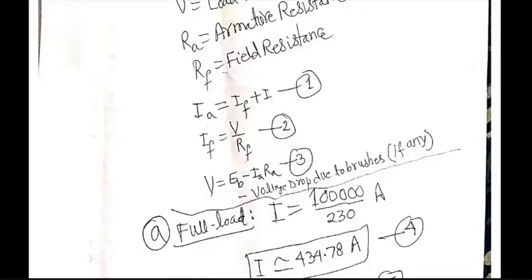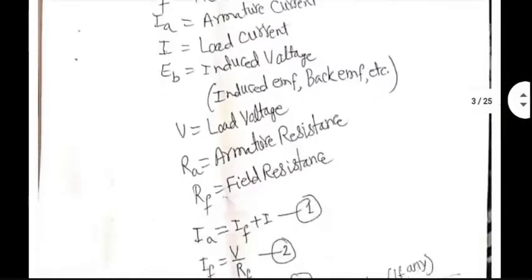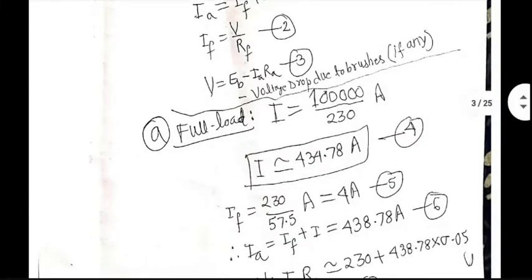Now, first thing is to calculate load current, I, which is simply the total power drawn divided by the operating voltage. It's DC, right? So no power factor involved. Power factor is 1 actually. 100,000 divided by 230. That's the DC current being drawn from the load side. It turns out to be 434.78 amperes approximately.